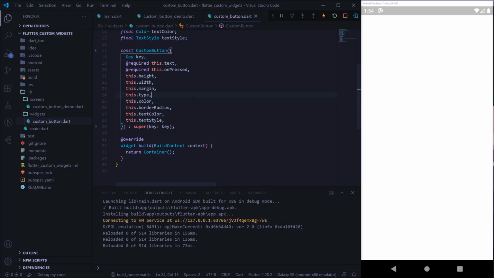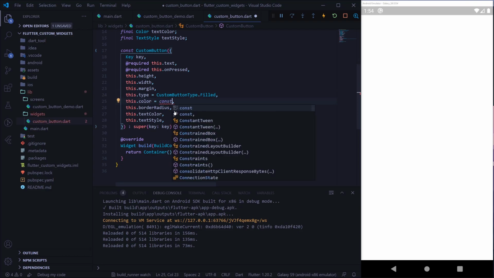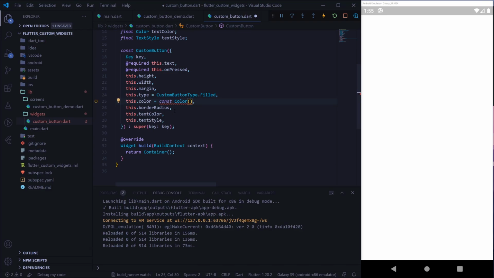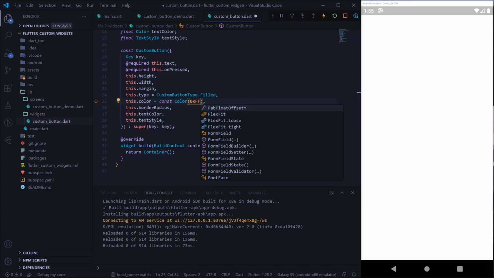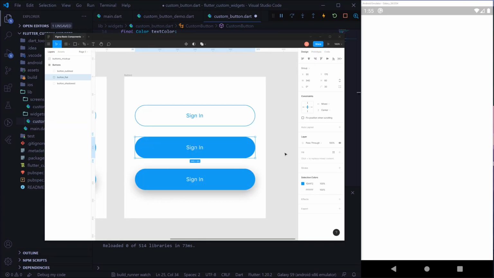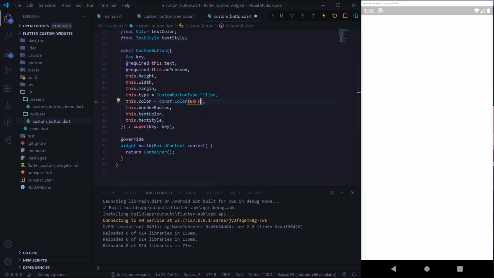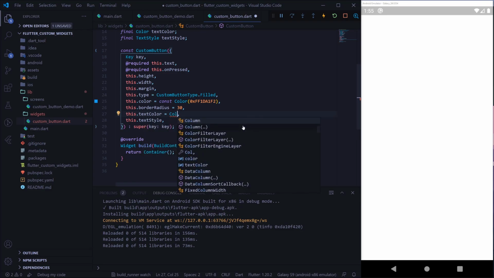Okay, let's define also a default type. CustomButtonType should be filled always as default. And the color will be const Color 0xff, and then let's get the color in the mockup, this color. Copy and paste it here. That is the default color. The border radius should have a default of 30. The text color should have a default of white color,